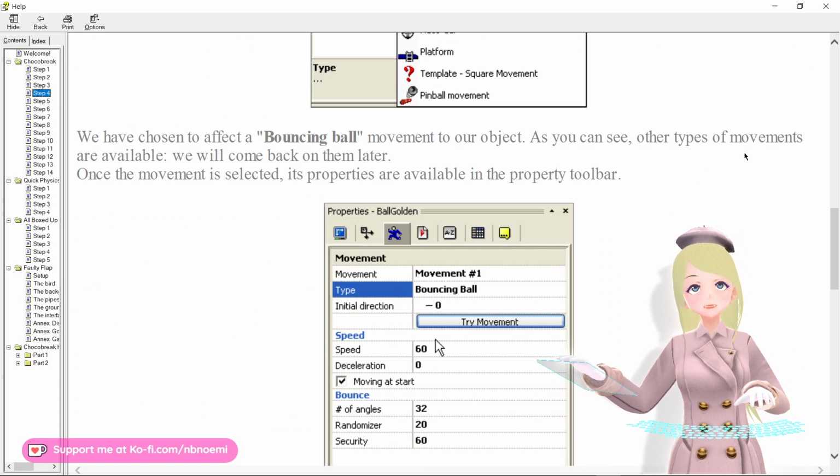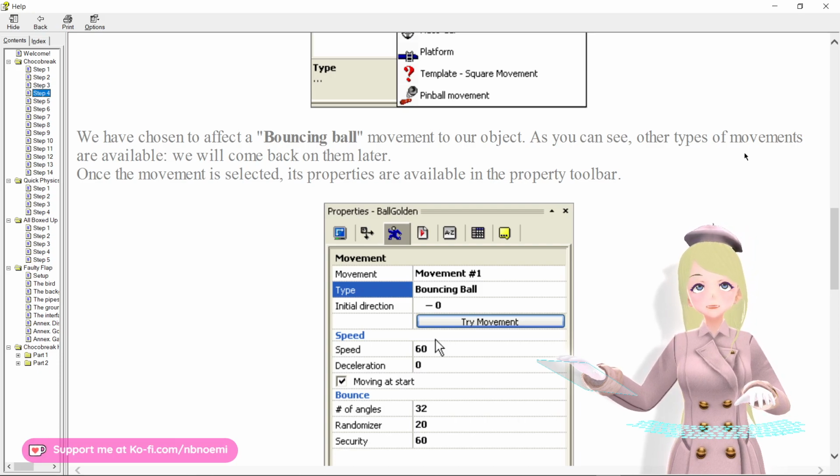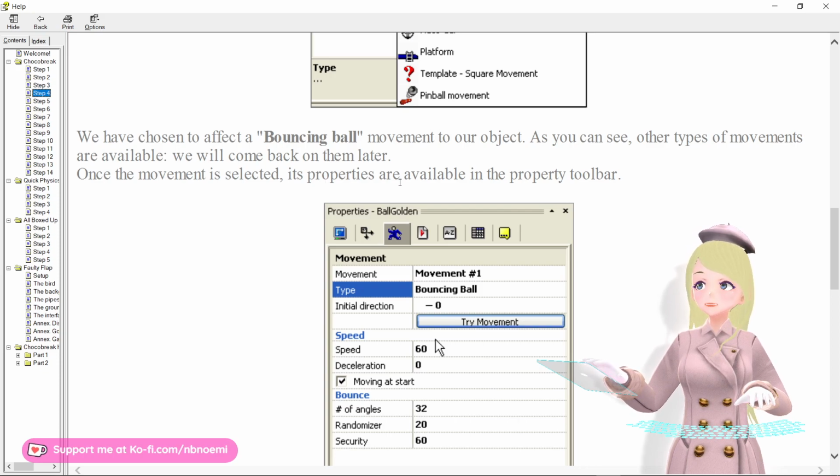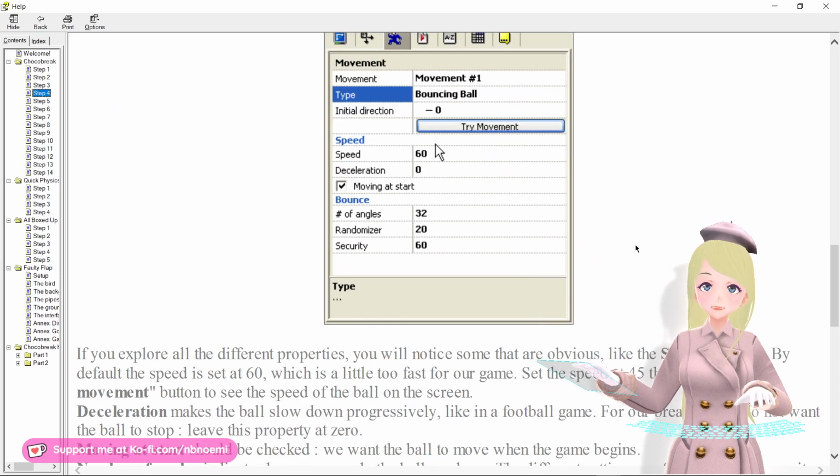We have chosen to assign a bouncing ball movement to our object. As you can see, other types of movement are available. We'll come back to them later. Once the movement is selected, its properties are available in the property toolbar. As you can see here,